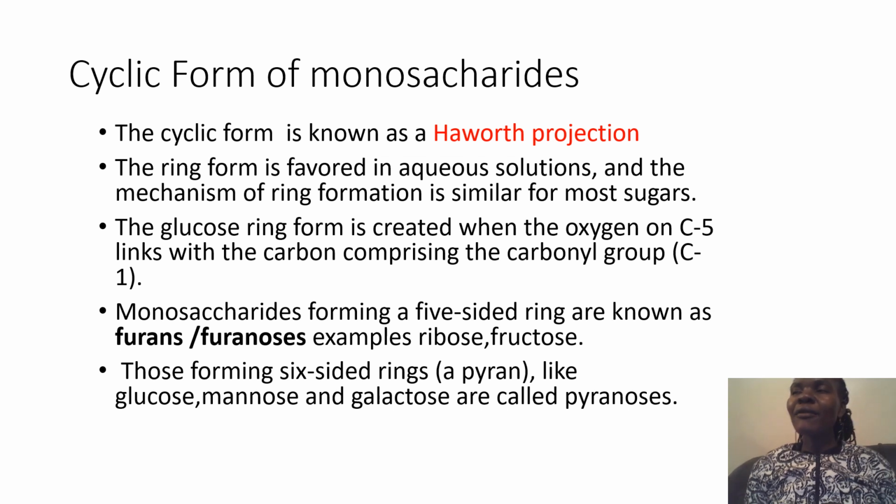The cyclic form of monosaccharides is known as Haworth projection. The reason why we are drawing our monosaccharide in cyclic form is that